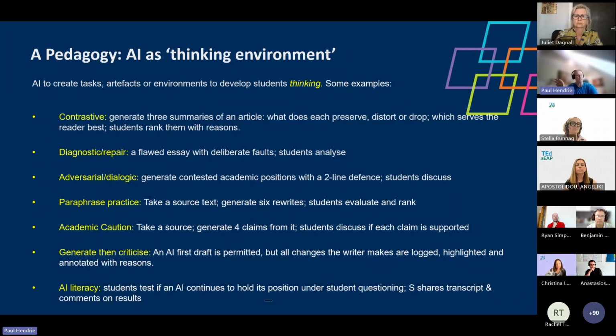Remember that all of these are things that the students can do for each other as well. A lot of the activities that I'll share here, it's possible to translate these into activities that students then do for themselves. They can make an artifact for themselves that they then share with another student, and then they have a discussion about that.